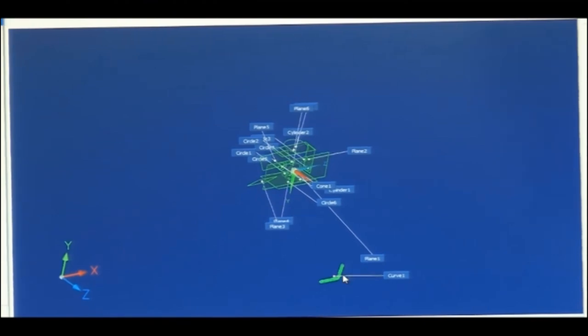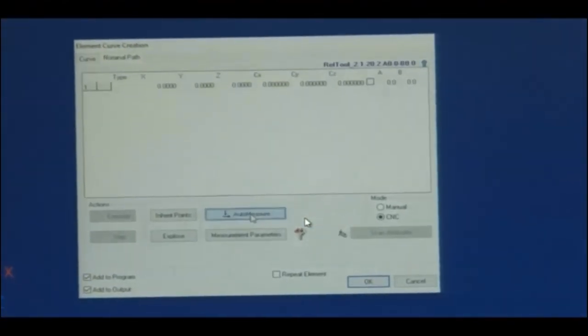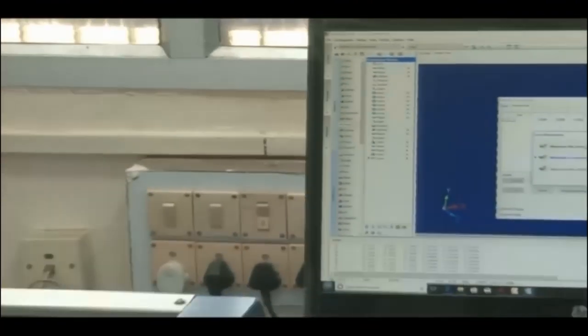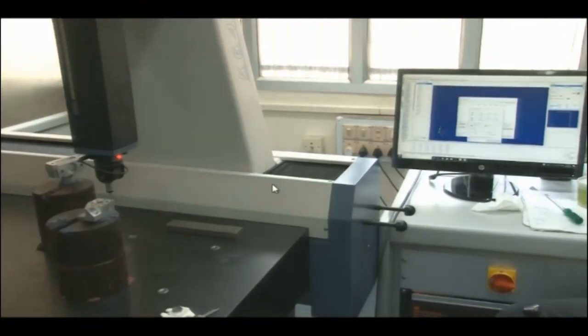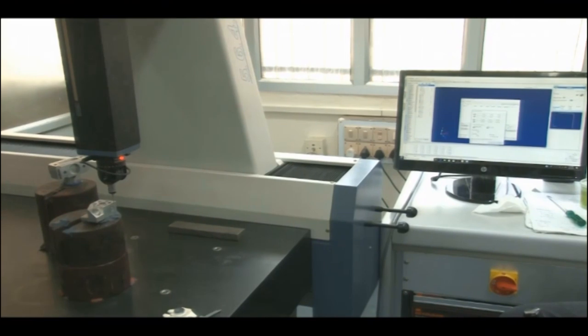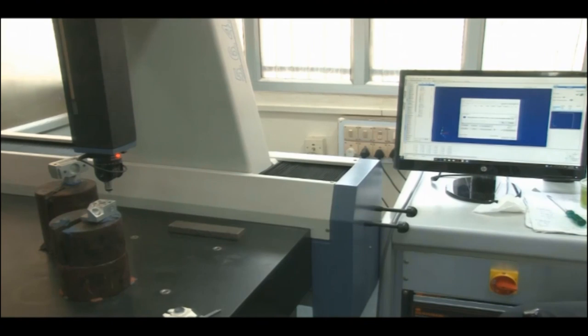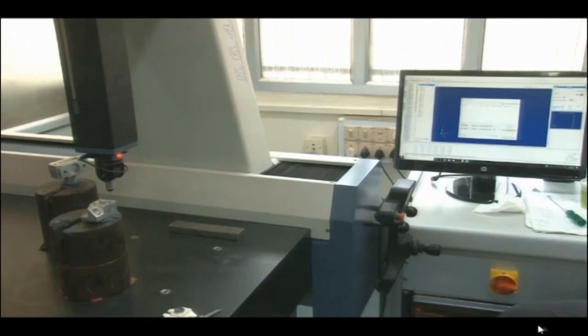So, let us try to do this again. It has come here. We did not change the A0 and B0, which were to be kept. So, we measure the start point, changing A to 0 and B to 0, and measure it again. Now, let us keep the distance as 2 mm and measure it again. We have kept the joystick here and it is now measuring. Now, the gap is 2 mm.